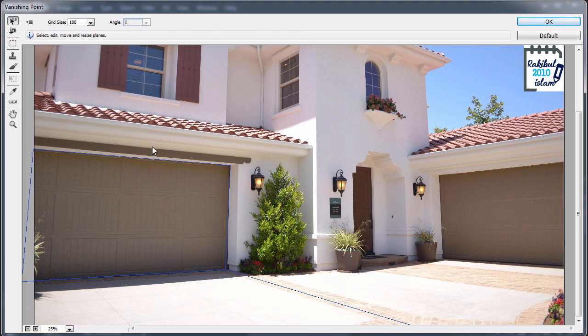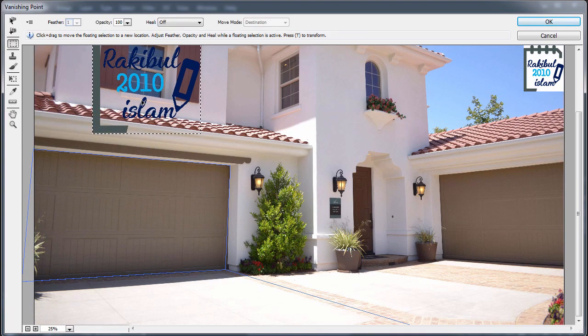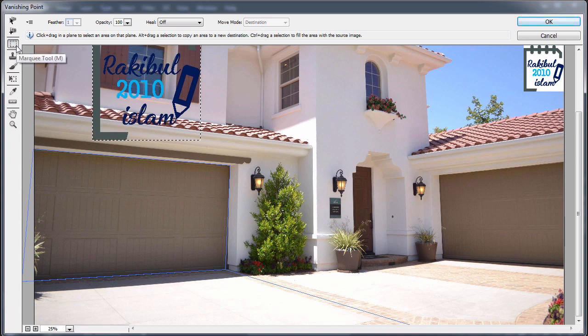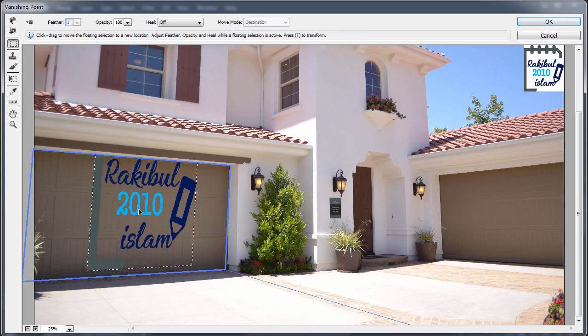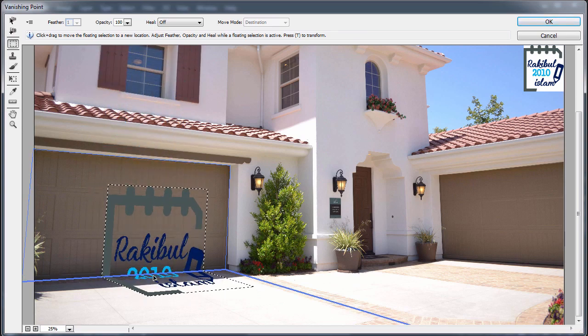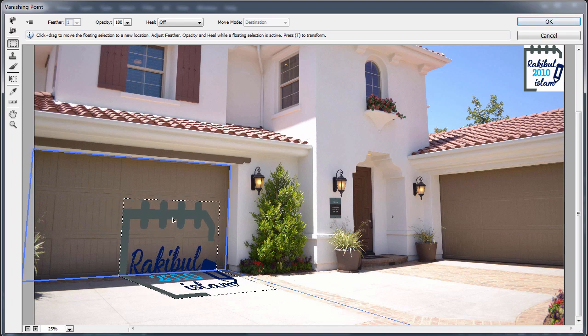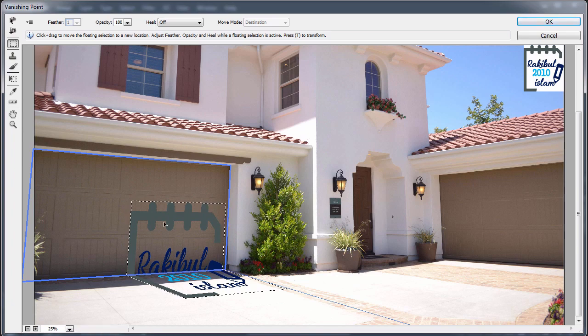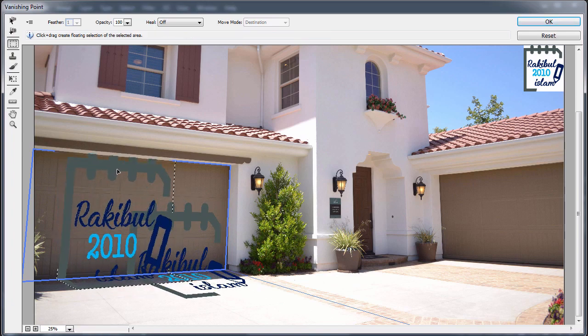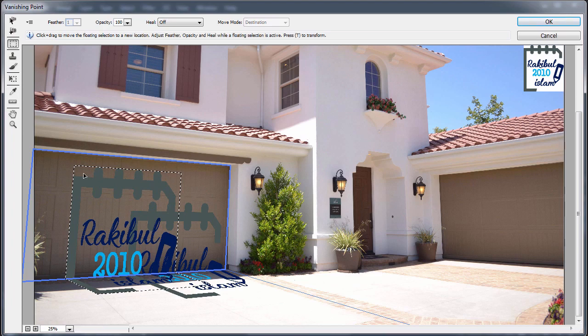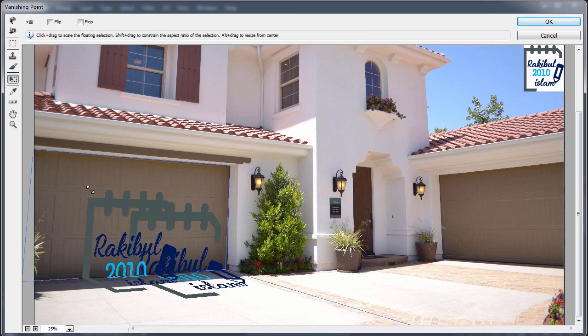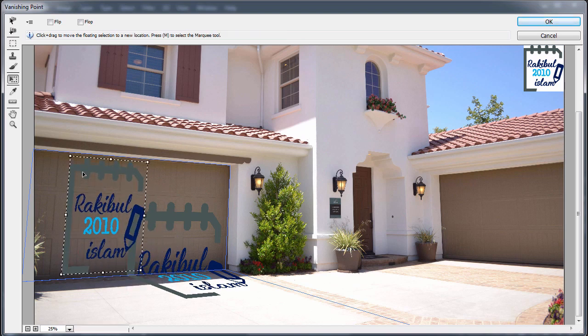Now we can press Ctrl V to paste the logo, and you can see the Marquee tool is selected, and now we can insert it into the perspective. You can see it's maintaining the perspective completely in the vertical and horizontal edges, and we can place it like this. We can also make a copy holding the Alt, and we can select the transform tool from here, hold shift and make it smaller